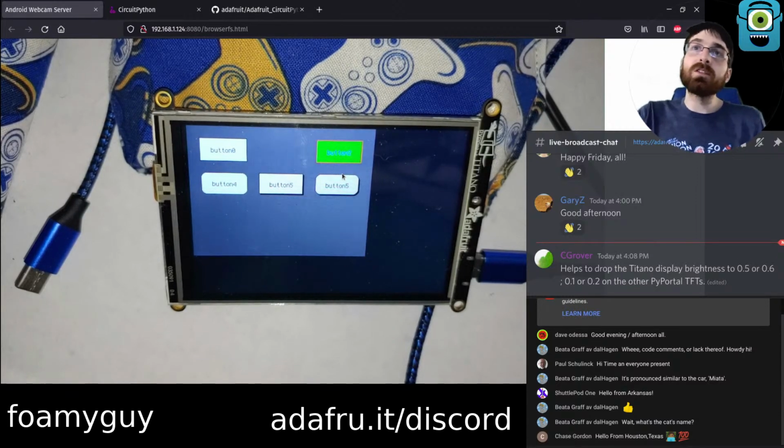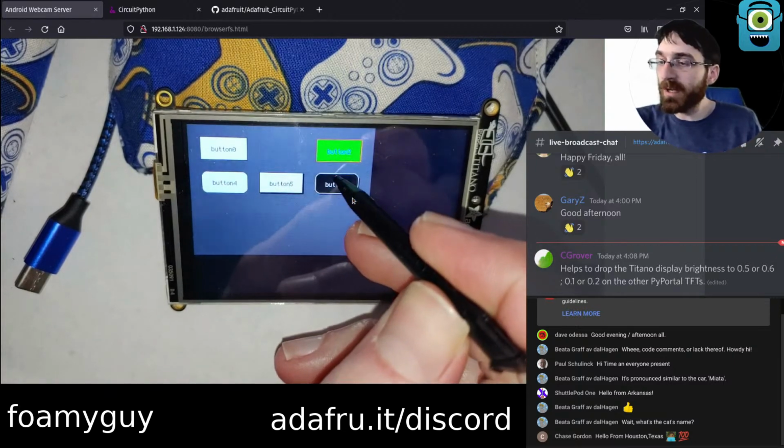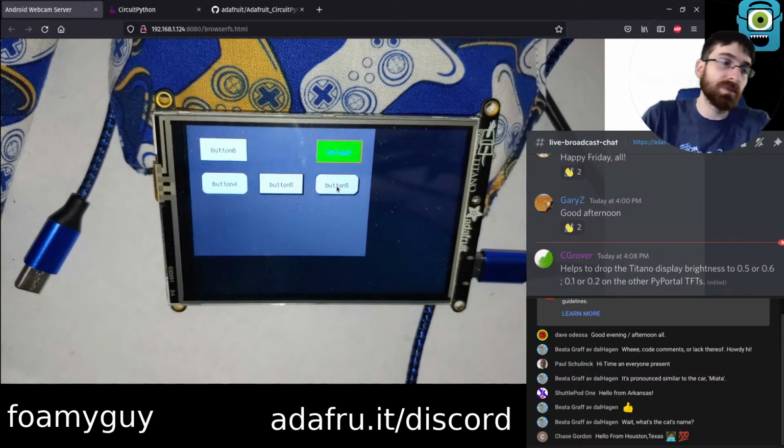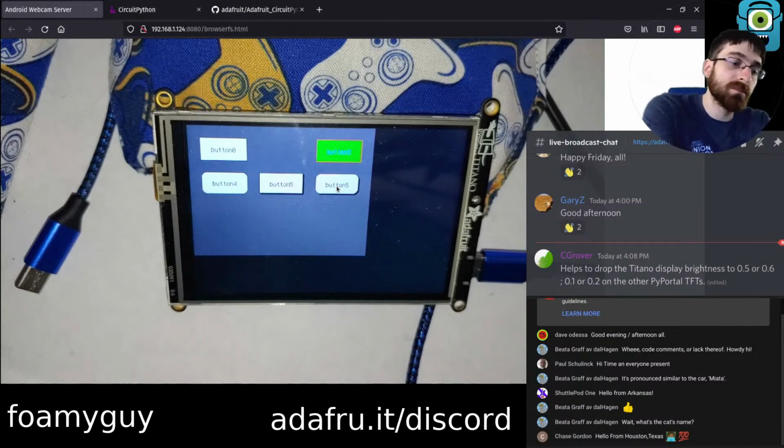So these are the regular buttons. These are pretty cool. These give you the ability, and these are touch interactive buttons. So I can touch the screen and these buttons can react to it. They can change colors to indicate that they're being pressed. They can also control other stuff. So you can have it set up where you press a button and then something happens, just like a regular push button.